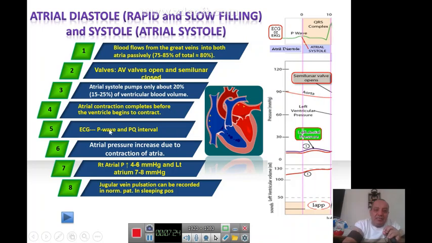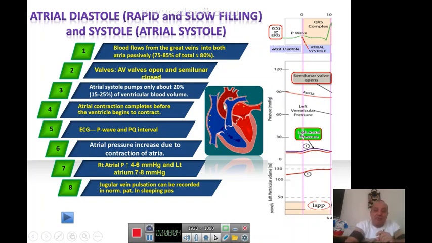So the ECG changes during this phase, which we call atrial systole, is represented as a P wave. This is the P wave. This is the first part of the ECG. And this P wave should be positive, it means above the isoelectric line. So the atrial pressure during the atrial systole should be increased because we have atrial contraction, it means pushing blood down. So the right atrial pressure will increase until 4 to 6 millimeter mercury, whereas in the left side it will be a little bit above, 7 to 8 millimeter mercury.